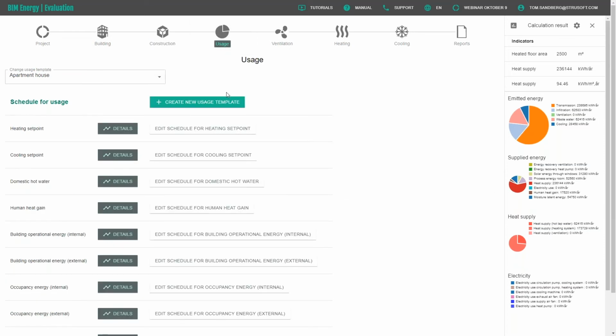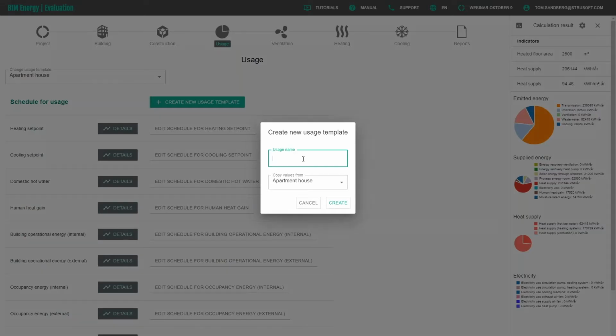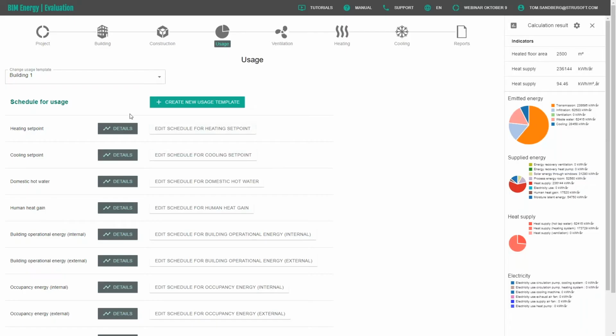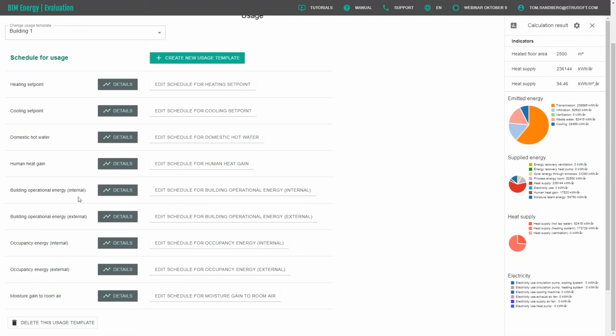So we go to usage, and here we have some templates that we can use. For example, if it's an office, an apartment house, or so on. I can also always create my own one, which is called building one. And I copy the values from the one I want to use. And then I can, for each of these parameters like heating set points, cooling set points, domestic hot water, human heat gain, building operational energy, internal and external, occupancy energy, internal and external,